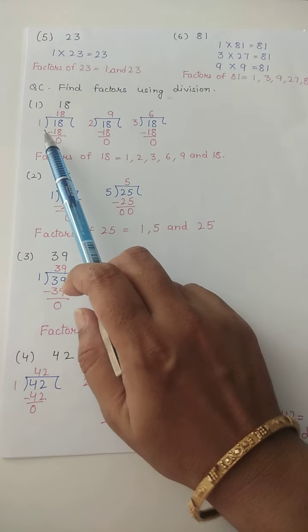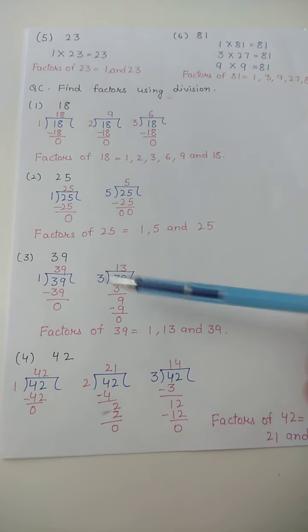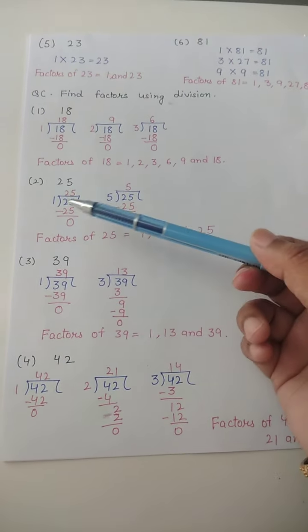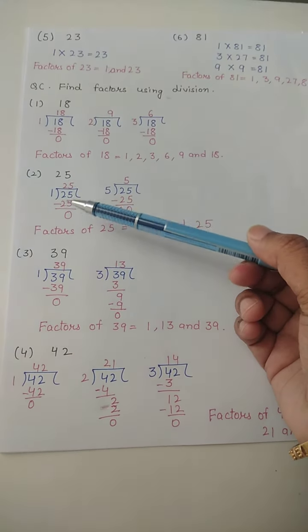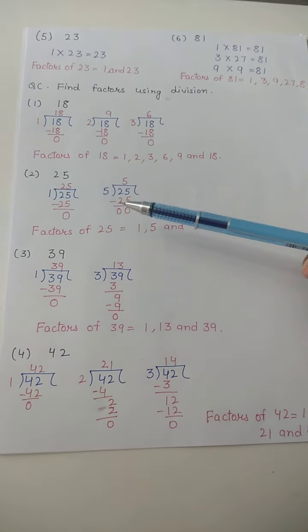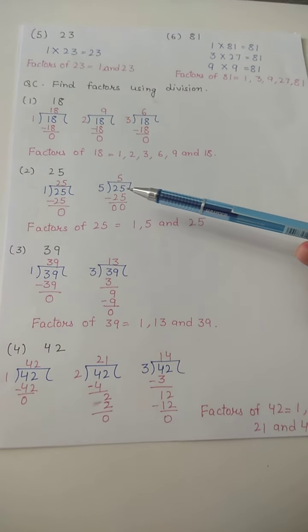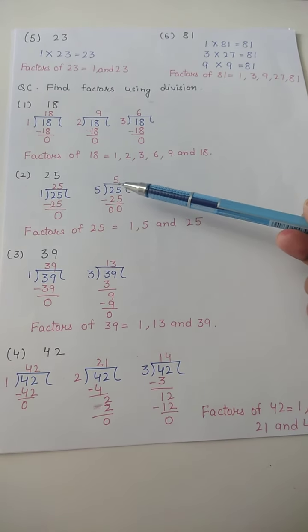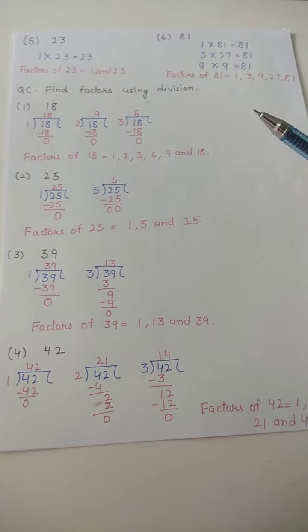Means the divisor and the quotient both are the factors of the given number. Right. Now here take 25. So always start from 1. 1 multiplied by 25, what will come? 25. 1 twenty-five is 25. Right. So 1 and 25 are factors of 25. Now 5 fives are 25. So both 5s are the same factor, so no need to write it 2 times, we will take it only 1 time. So 1, 5 and 25 are the factors of 25.